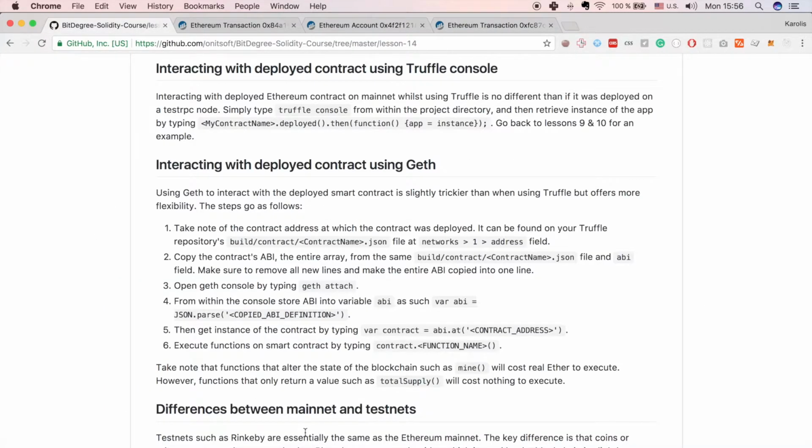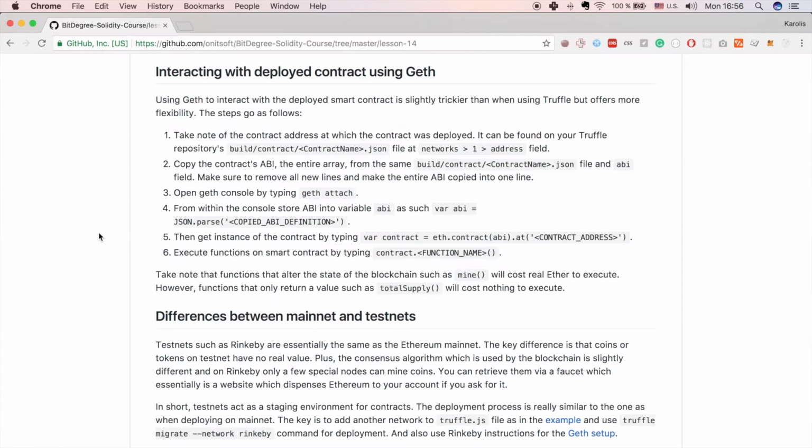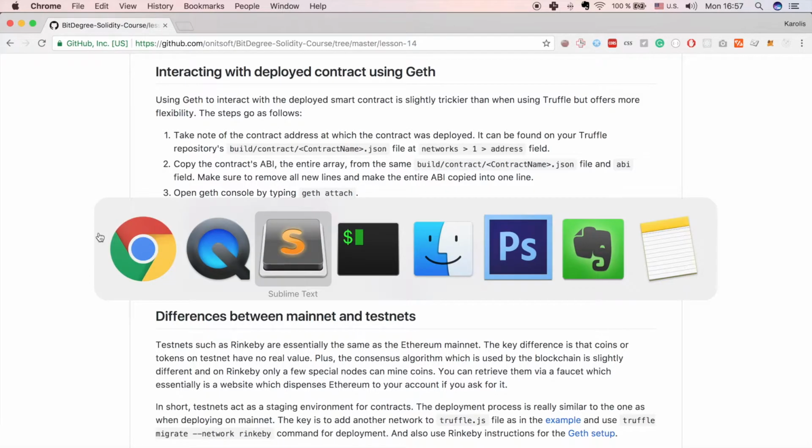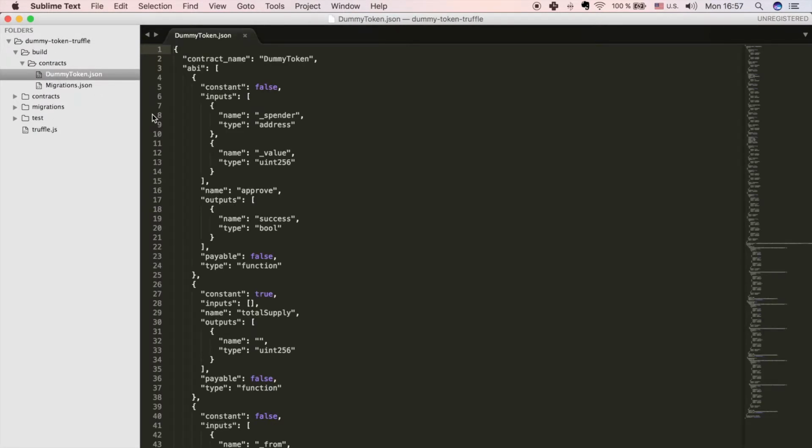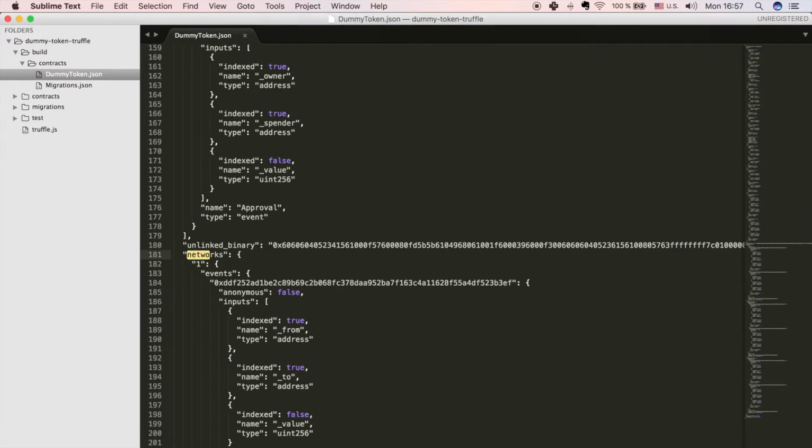So that's all about interacting with deployed contracts using Truffle. Now let's try to do the same using Geth. So using Geth to interact with a deployed smart contract is slightly trickier than when using Truffle, but offers more flexibility. The first step is to retrieve the contract address at which the contract was deployed. We had this address previously, where we even searched for it on Etherscan, but now I lost it, and if you did too, you can always retrieve it by going to our dummy token Truffle repository, then go to build, contracts, and open the dummy token.json file. Now search for the networks key,